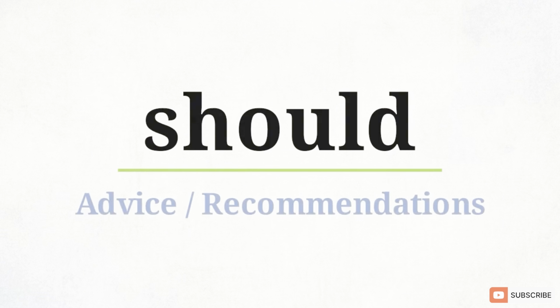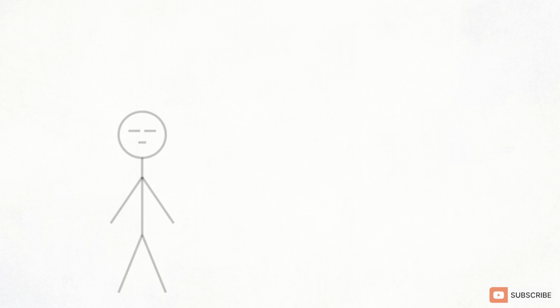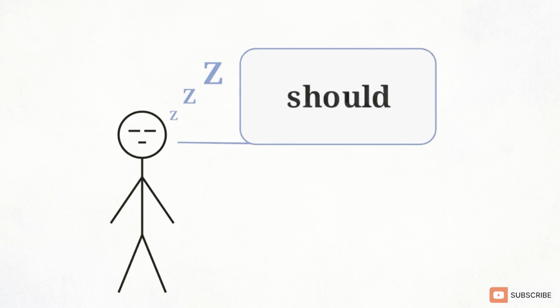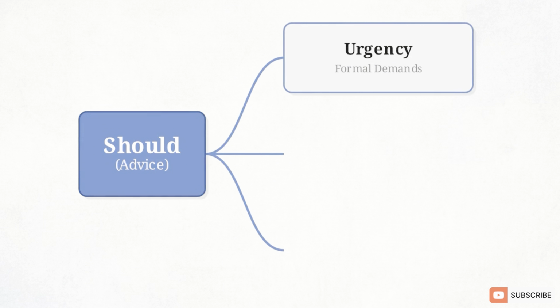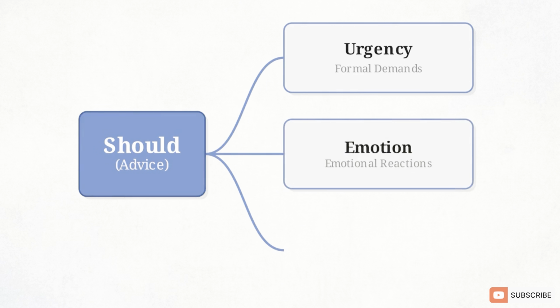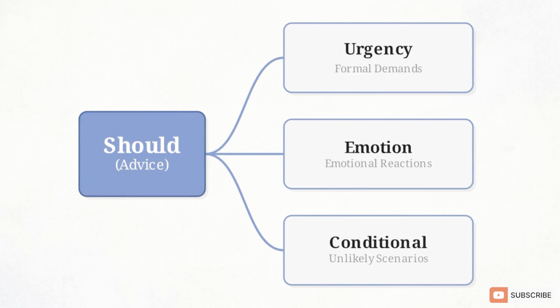The most common application of should is offering advice or recommendations. When a friend looks tired, you simply tell them they should go to sleep, as the central node branches out. Advanced fluency requires using should for technical roles, framing formal demands, marking emotional reactions, and setting up highly unlikely conditional